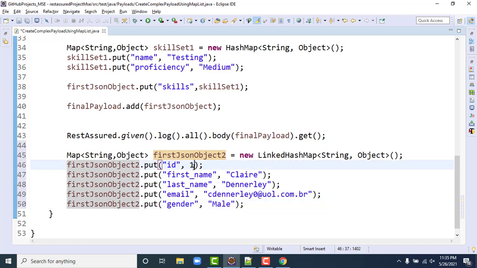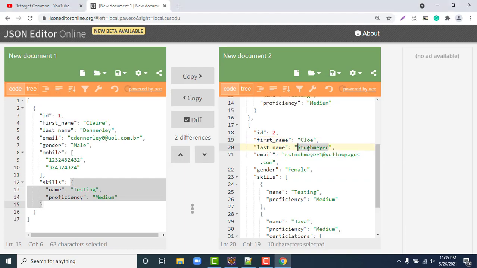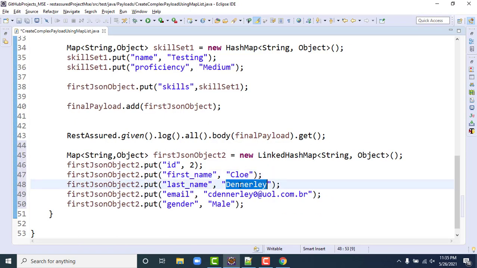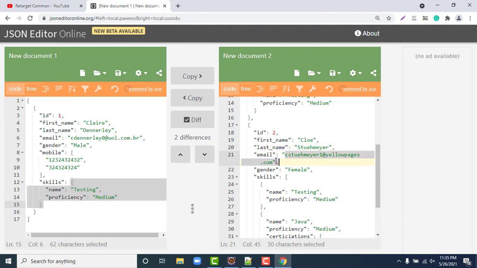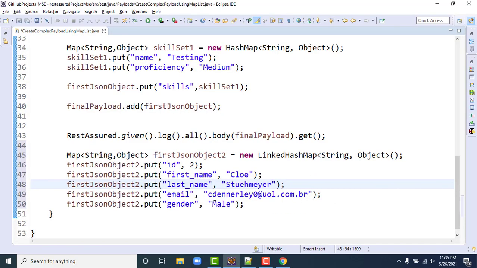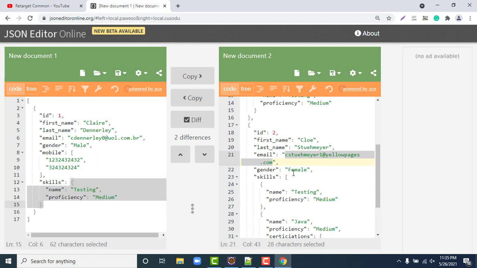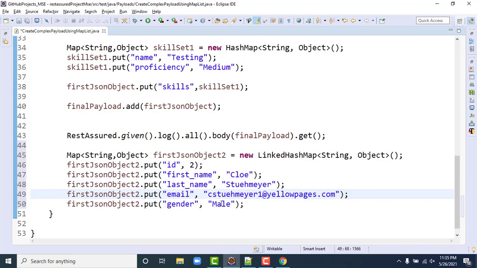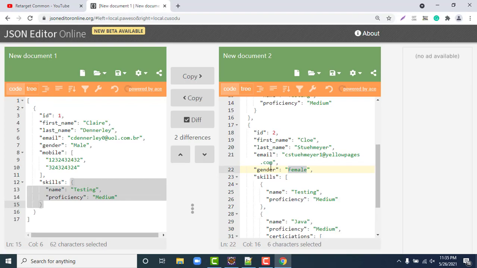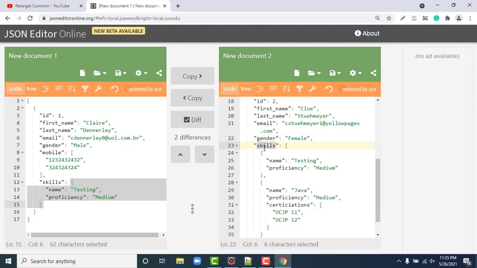Okay, ID will be 2, and this is female. So we are done with the first 5 fields, right? 5 key value pairs. Now another field is skill, and this looks a little complex. You are thinking, don't worry, just consider this much only first.